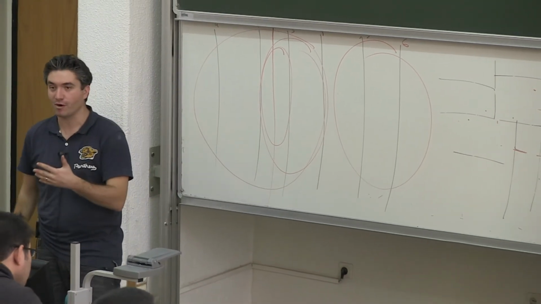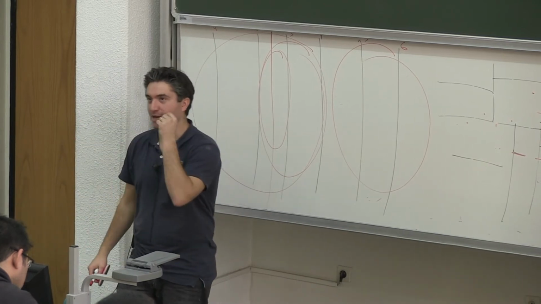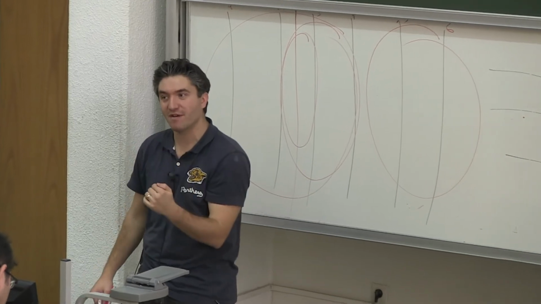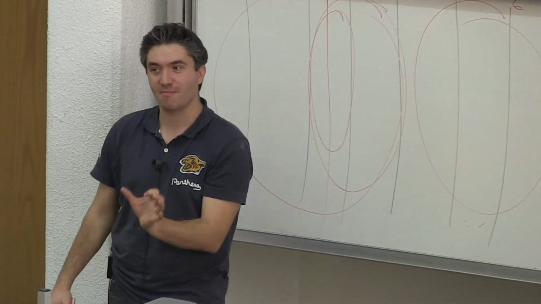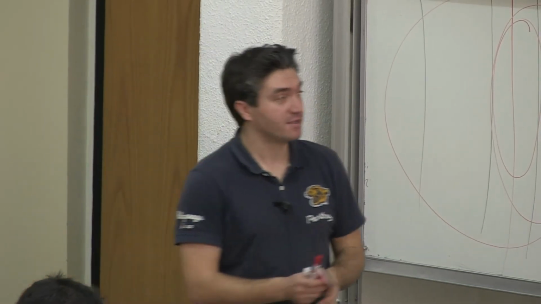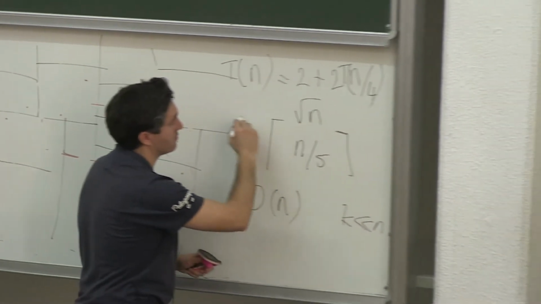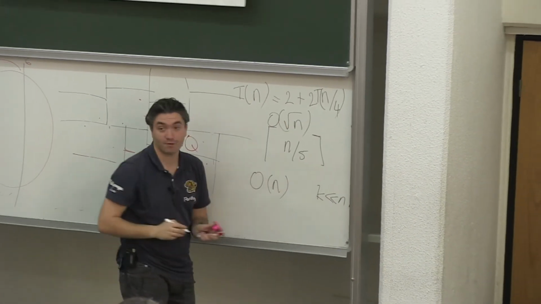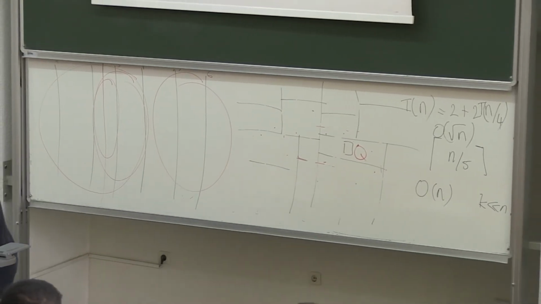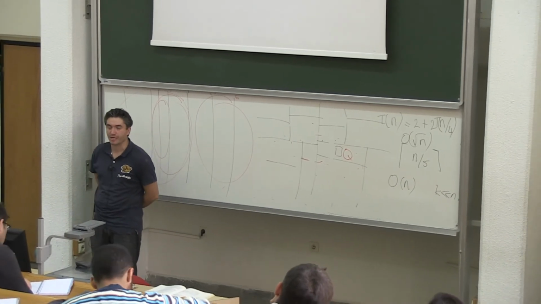This n over 4 comes from the fact that the vertical lines appear at depth 0 and at depth 2. So it goes one more level to find the actual recurrence relation, and this recurrence relation solves to square root of n. So the query time, the running time complexity of KD trees,